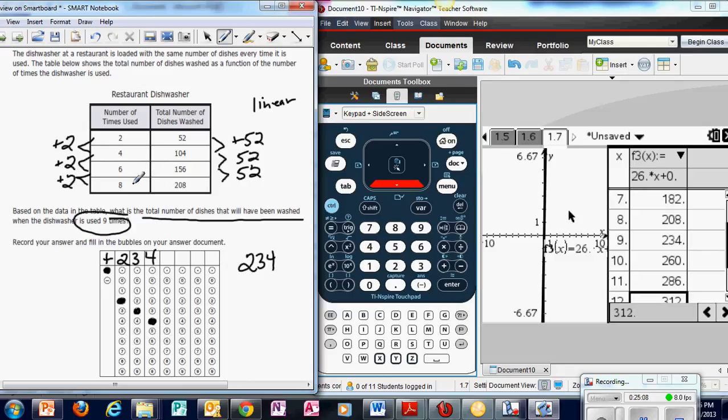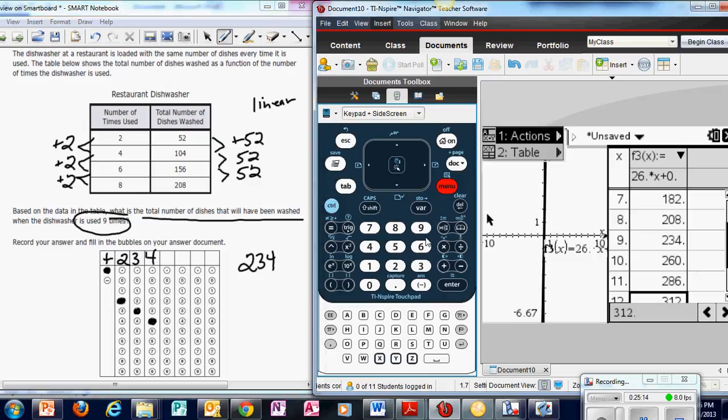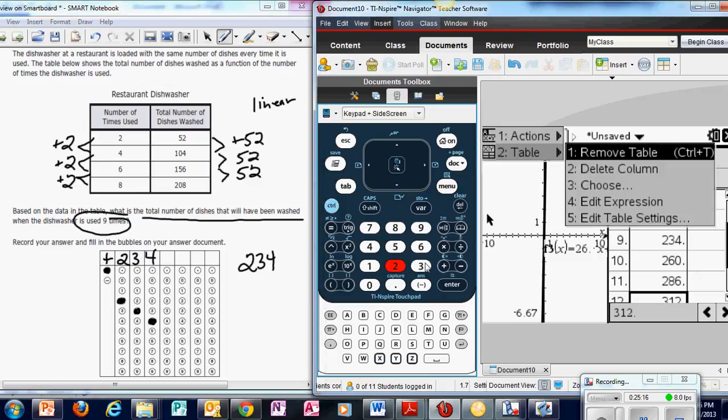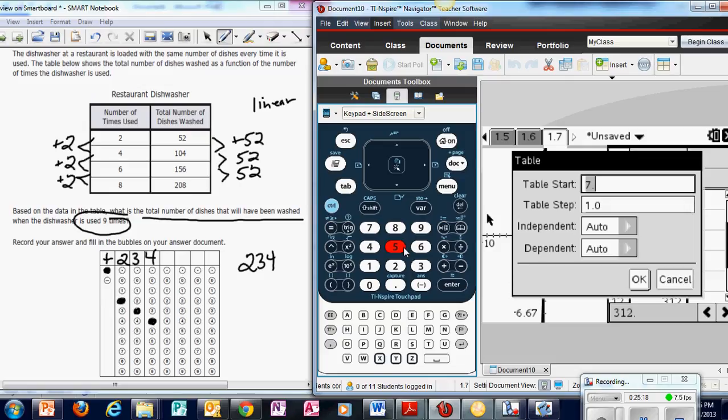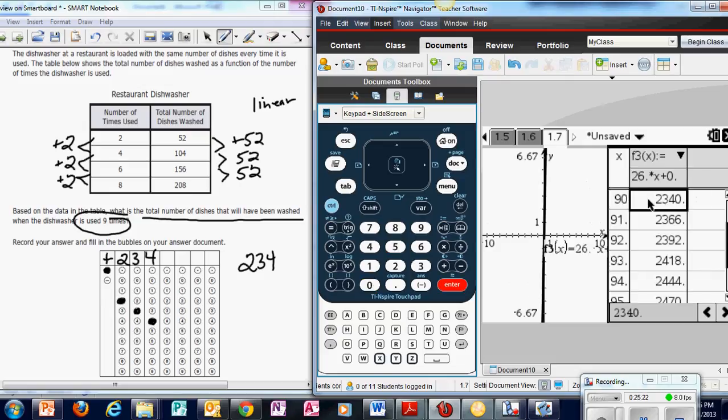If the value wasn't that close, let's say they asked me for 90, okay, I'm not going to scroll down to 90. That's when I would go to menu and table and go to my table settings, and I'd say start at 90, and then I would see that value. Okay,